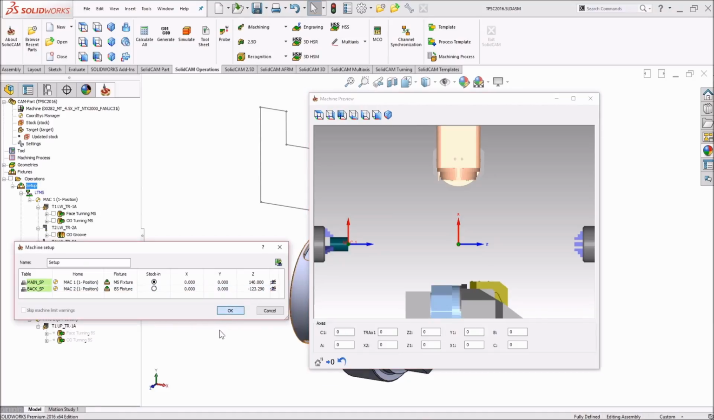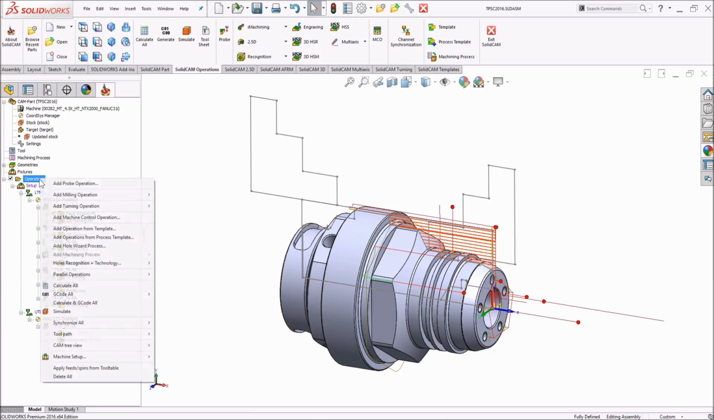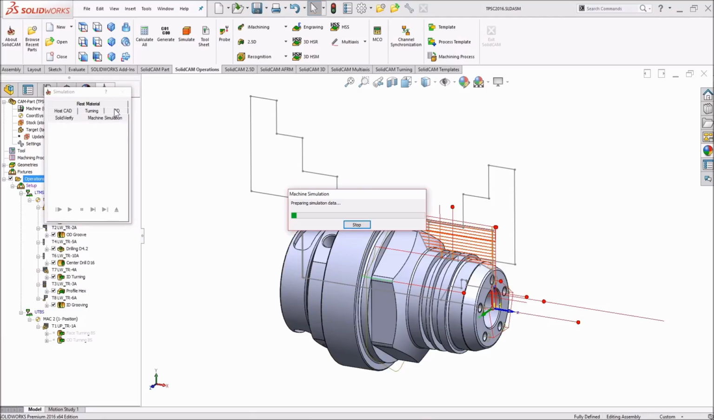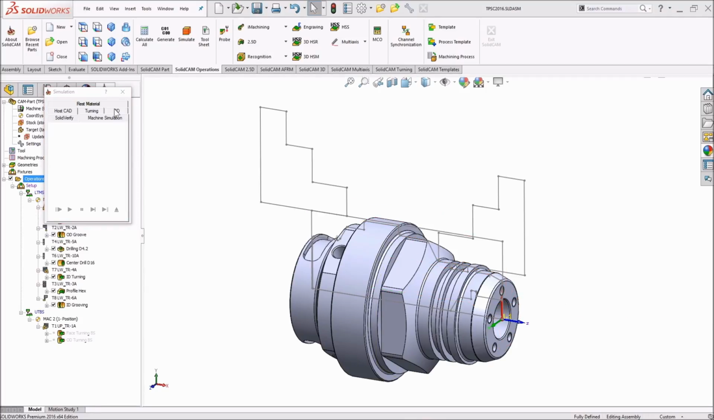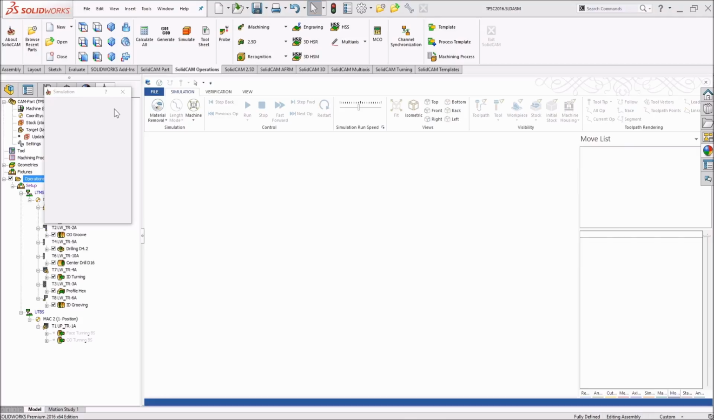I'll just click OK over here, and you can note that I already predefined all operations that are necessary for making and completely finishing this right side of the part. Let me just very quickly go to my simulation and run the machine simulation. The whole simulation and machining of this part has been done in this example only with the lower turret,